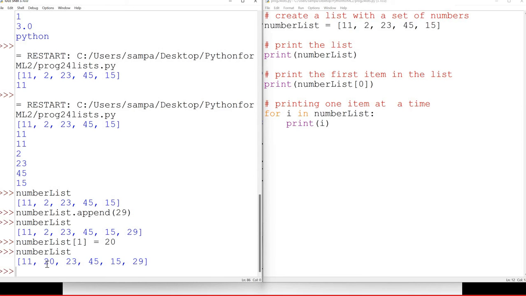So that's about the append method. Append always comes at the end. Now there's another method which we call insert, where you can insert anywhere you want. Let's say we want to insert something as the third item. So what we can do, we can say number list dot insert. When you say insert, we can give the